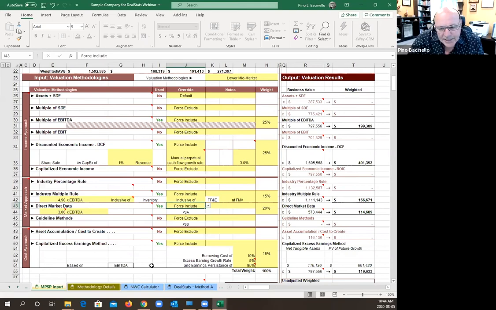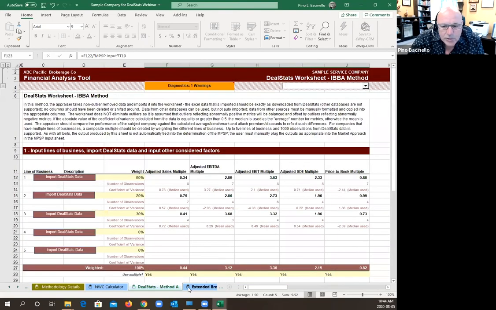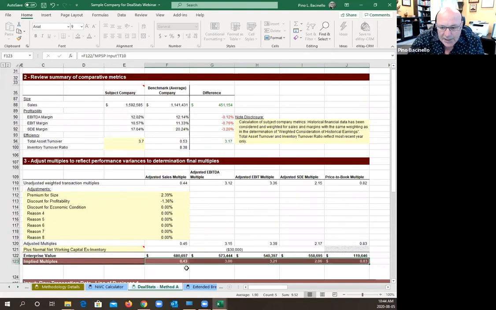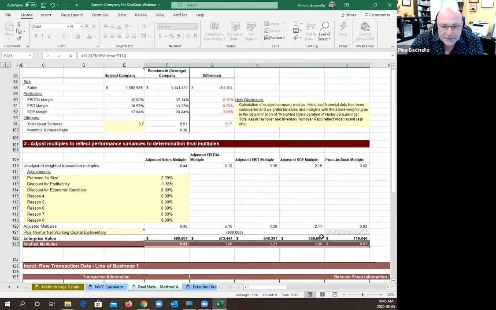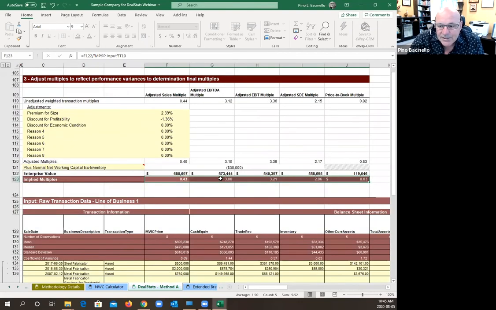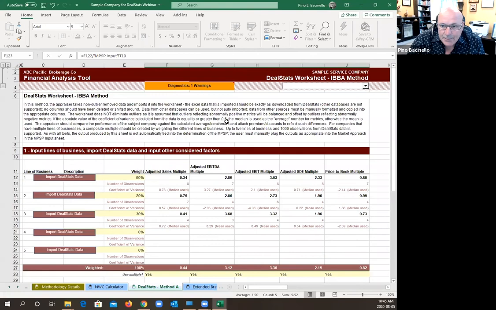Well, it's handled in a number of places. So first of all, when you are dealing with the imports of the data, this is where the import of the data is. This is the multiple of sales, or percentage of sales. This is a multiple of EBITDA, EBIT, SDE, and so on. You can look at your CV and decide which is best for you to use. You then go down here, and again, you can pick the one that you desire based on your data. You then go back to the MPSP input,